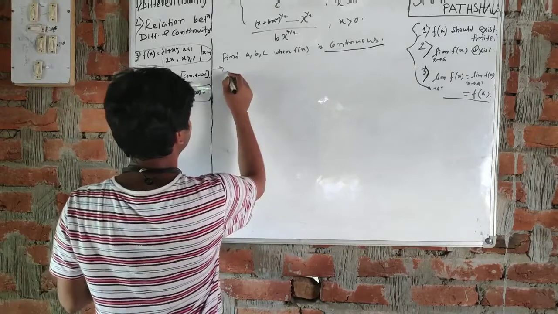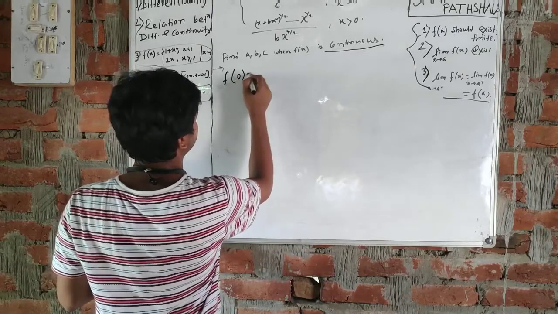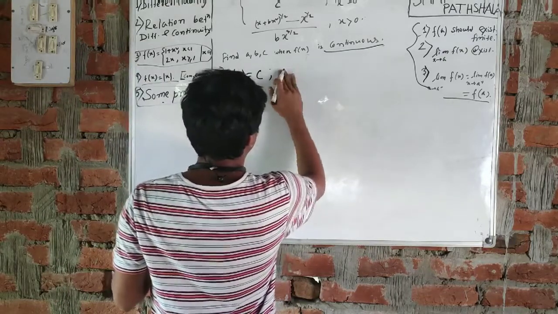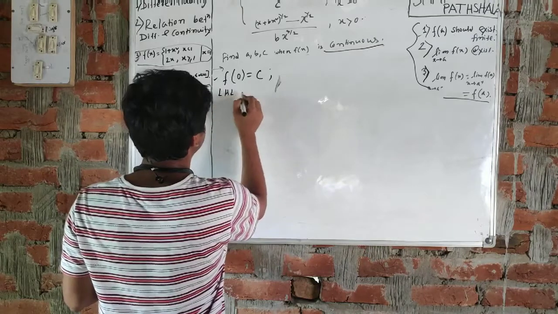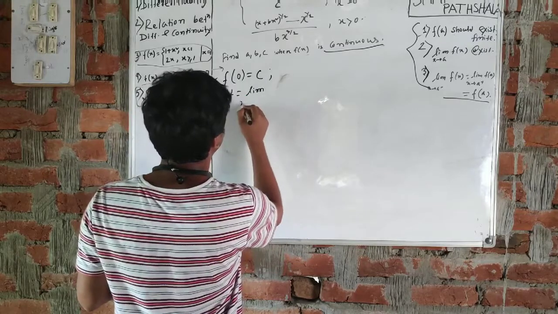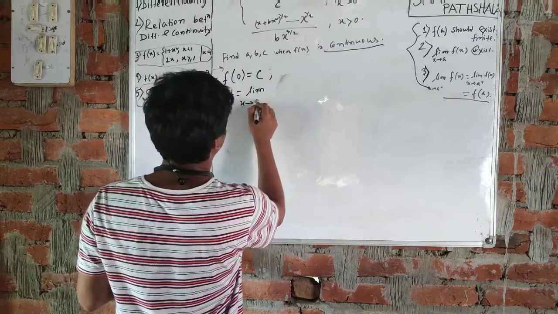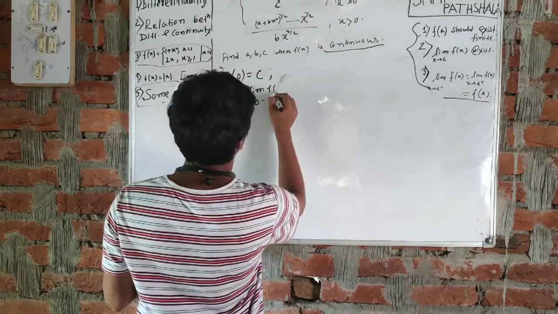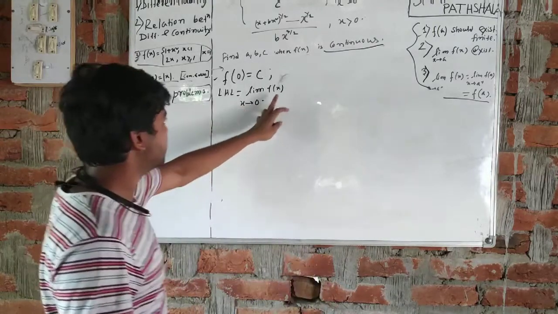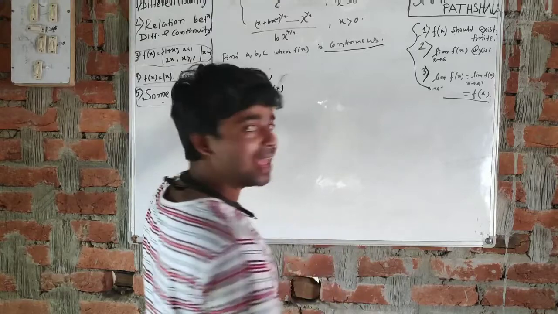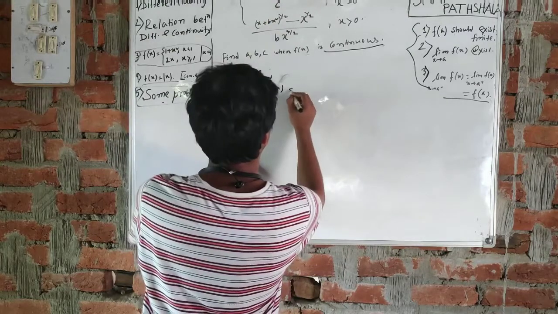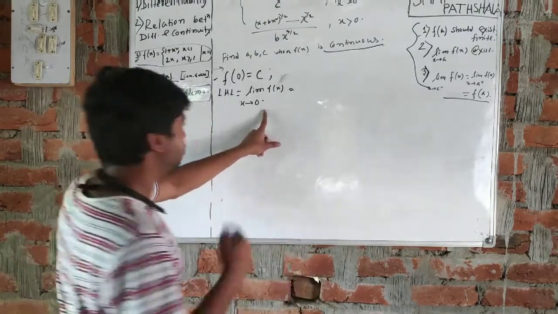Now f of 0 is equal to c. Okay. Now the left hand limit. Here, for the left hand limit, x tends to 0 minus of f of x. And x tends to 0 minus means x is less than 0, which means the equation will be this one. So when x is less than 0, then